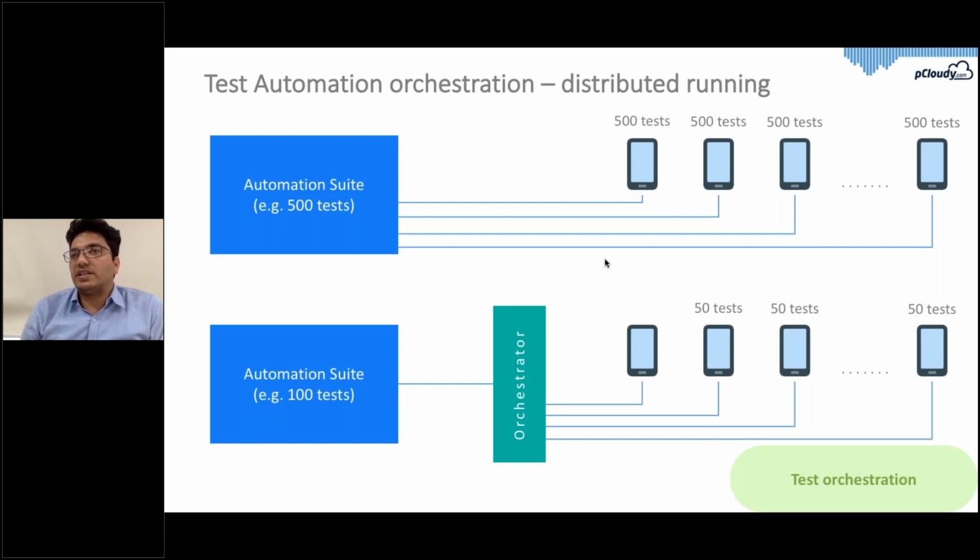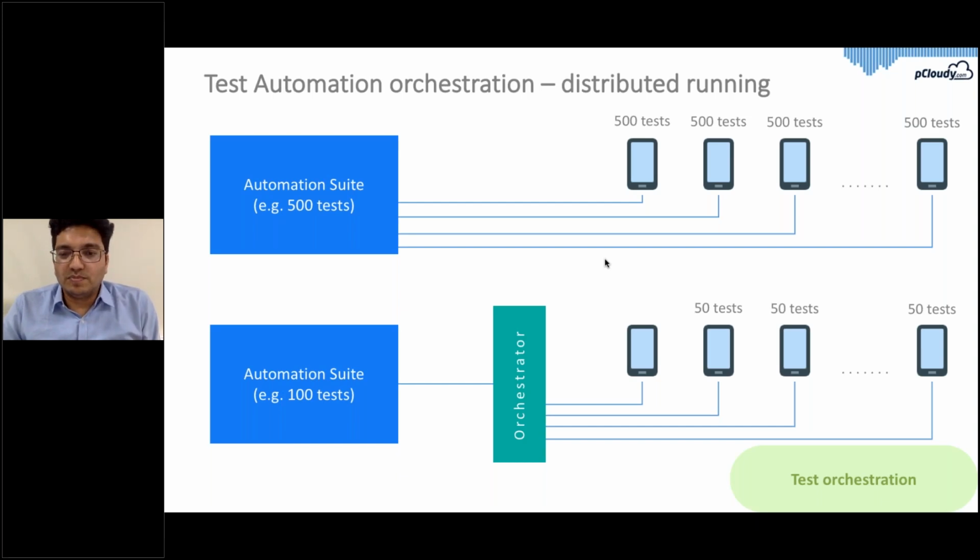Let's say the 500 tests are running on one device for 4 hours, 5 hours, then you have to wait for those 5 hours before your execution is complete. To avoid that kind of situation in a continuous testing environment, if you're running a once-in-a-while regression test, you can't avoid running all the tests on all the devices. But in a continuous testing environment where you're running the scripts on a daily basis or maybe even more frequently, the